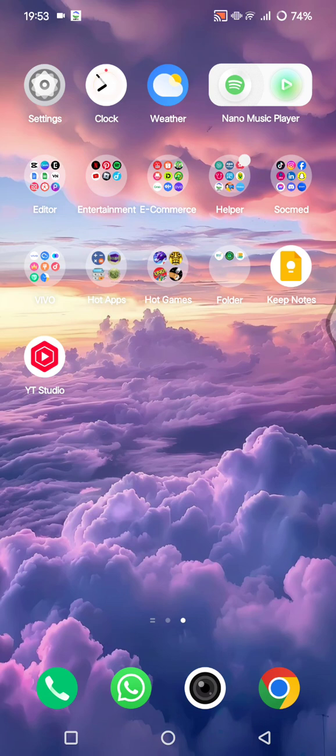On today's tutorial, I'm going to show you how you can use the Smart Sidebar features on Vivo phones. So first, before we start, I'm going to show you how you can activate the Smart Sidebar on your Vivo phone. First, you need to go to the settings application,